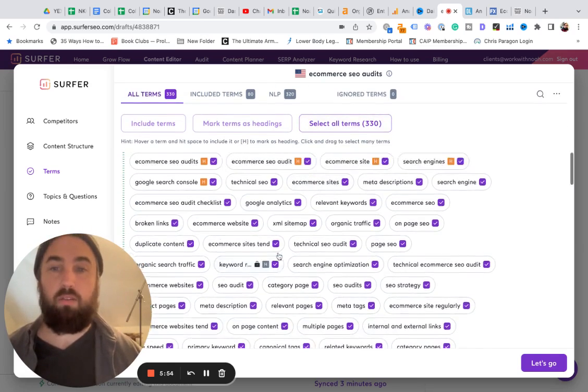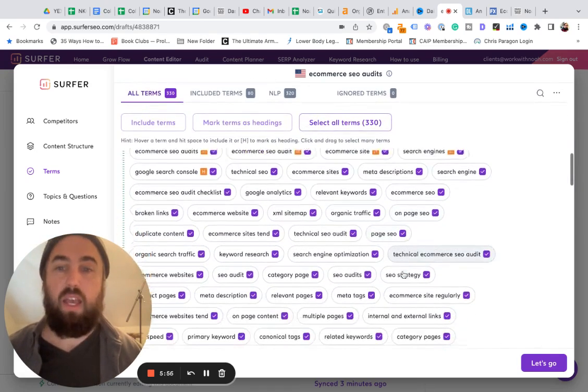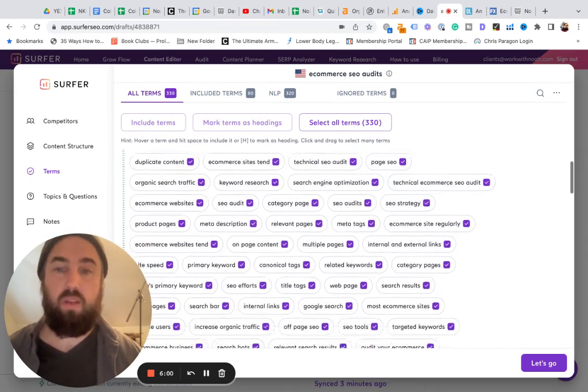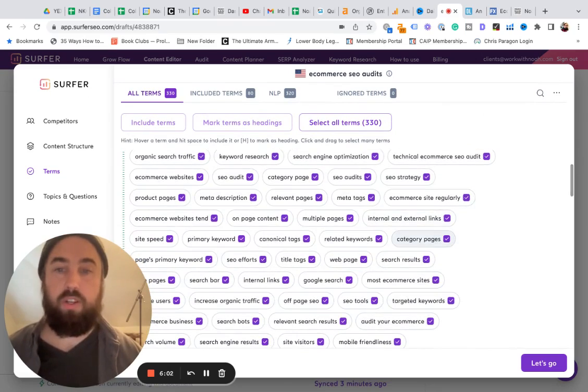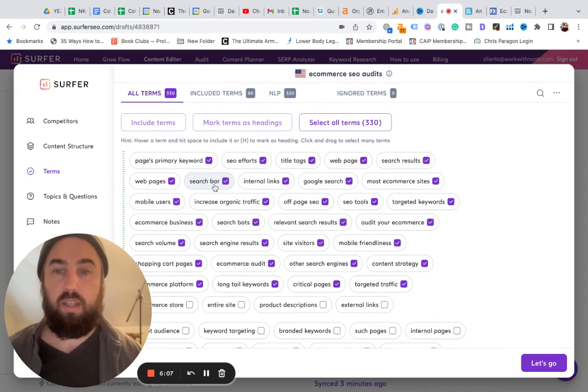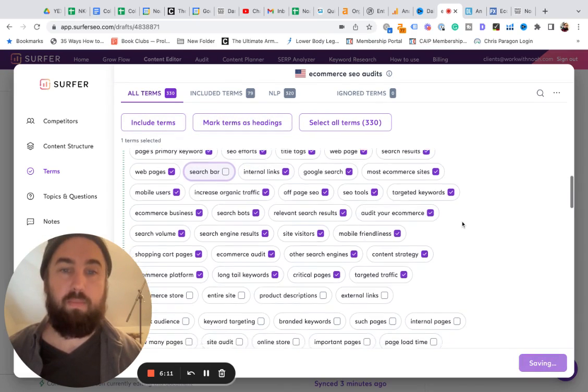I try not to fuss about these too much. What I do is I quickly scan these, and if I see some phrases or things that aren't going to be helpful, I just uncheck them. But for the most part, they do a pretty good job of pulling in stuff that is relevant. I think search bar, I don't need to worry about that. Maybe,